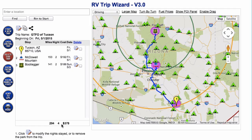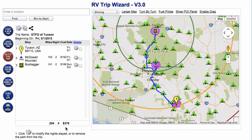In this particular case, I've only planned out 4 nights so far on this particular journey, but you can already see I'm looking at a total estimated cost of approximately $378. Now that includes my fuel cost, that includes 4 nights in campgrounds, and again, 4 nights of potentially eating out while we're traveling. We likely won't incur all of those expenses, and I know that for at least 2 of those nights we'll be boondocking at either national forests or on BLM land, so I can reduce those expenses from